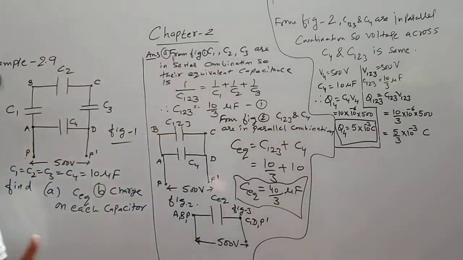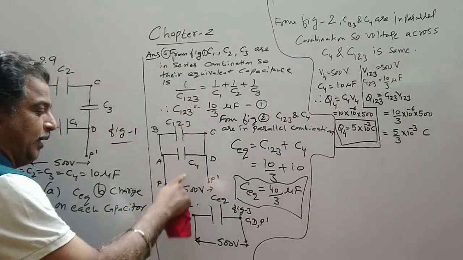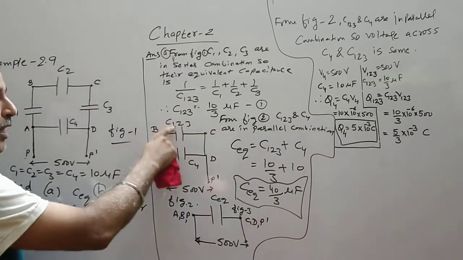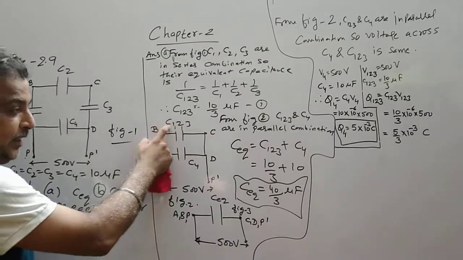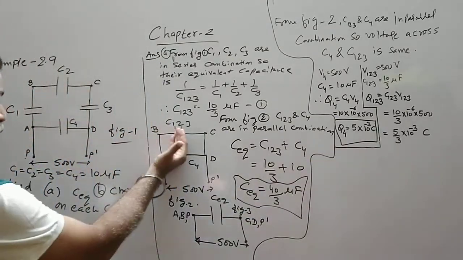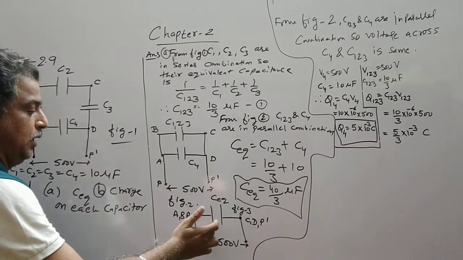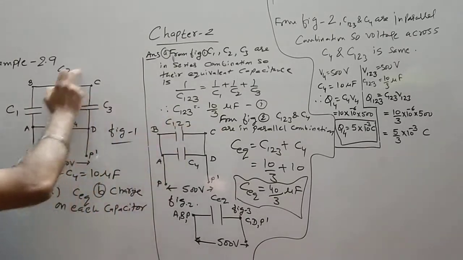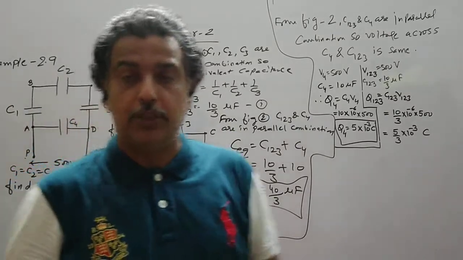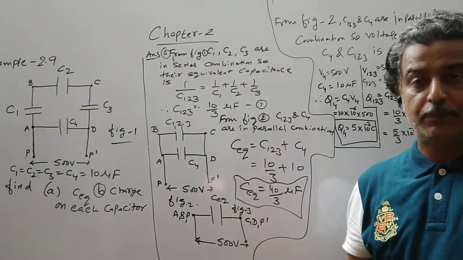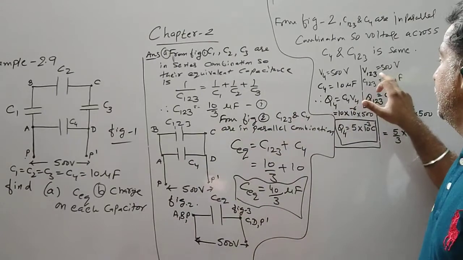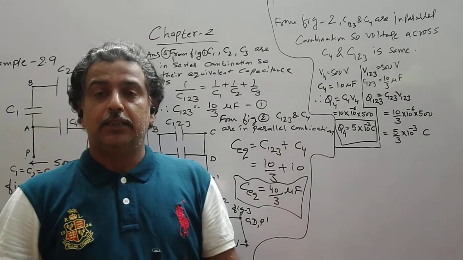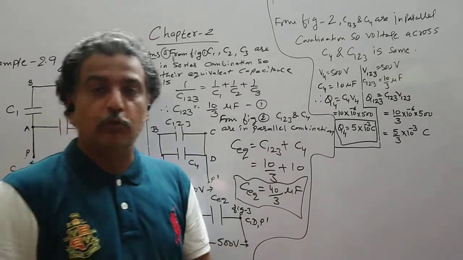Now we know that this diagram is over. V4 is 500, and V123 was 500. Now the charge on this is 5 by 3. Now I come to this diagram. I am taking the reverse path. Now for this, C123 is a series combination, and in series combination the charge remains the same. Now the total voltage across this was 500 volt. So in series combination the potential difference is different. That is, V1 plus V2 plus V3 should be equal to 500 volt.